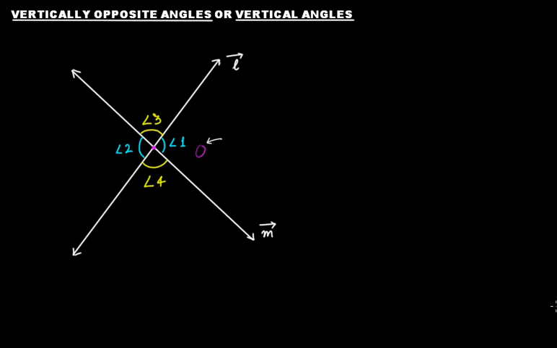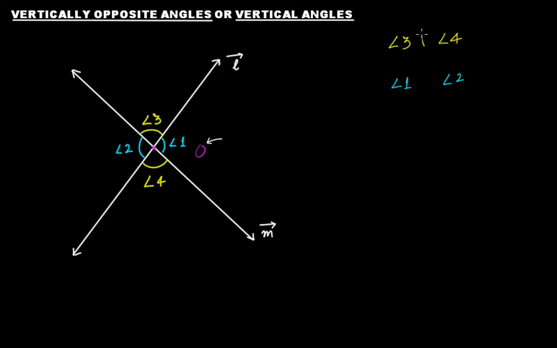What are vertically opposite angles or vertical angles? In this figure, we have two lines, line L and line M. These two lines are crossing each other, or intersecting each other, at this point O. Now, angle 3 and angle 4, and angle 1 and angle 2,